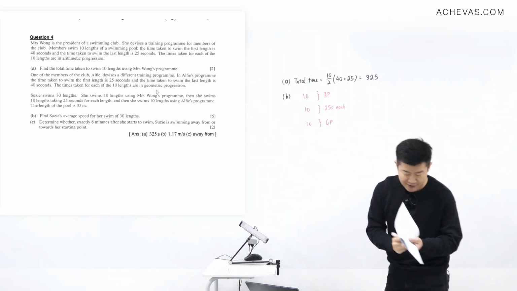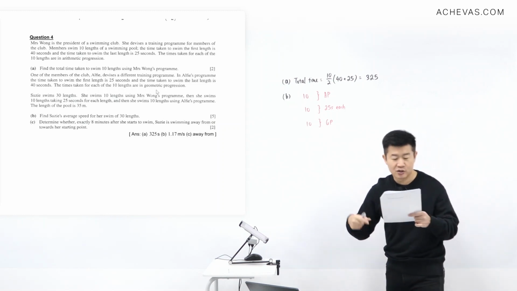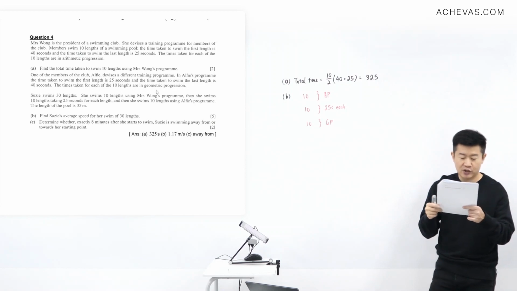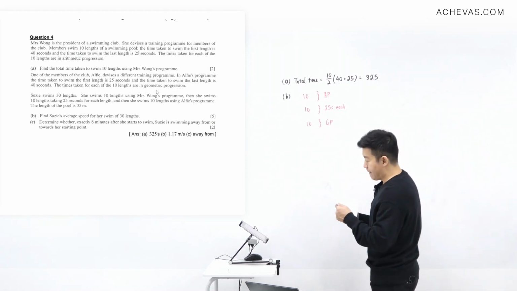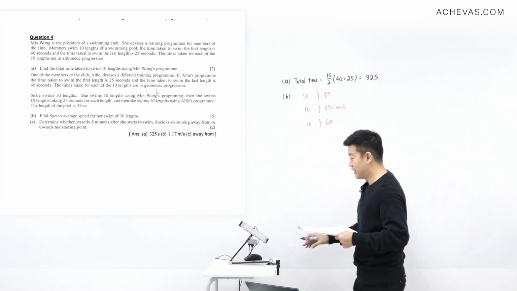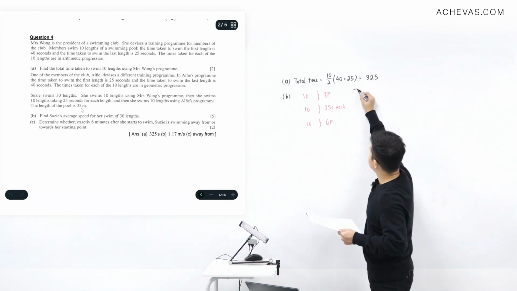So let's try to find out the average speed by finding the total distance divided by the total time taken. For the total distance, according to the question, she's going to be swimming 30 lengths, and the length of the pool is 35 for one length. So the total distance